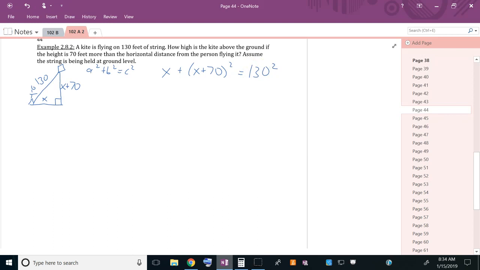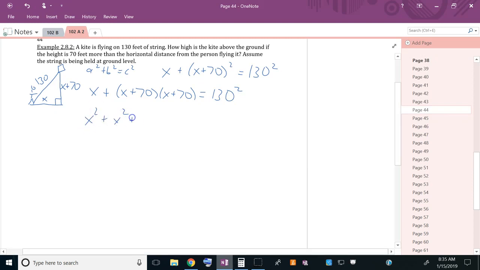My problem does not make any mention of a maximum, so unlike the previous problem, I'm not finding the vertex. I am just solving this equation. All right, let's square out that binomial. Remember, that does mean to multiply it by itself. So squaring that out, I get x squared plus 70x plus 70x plus 4900 equals